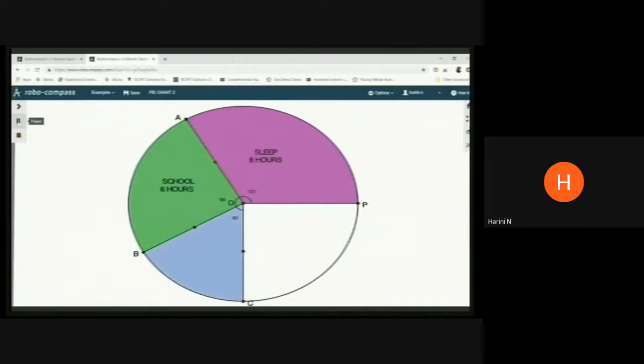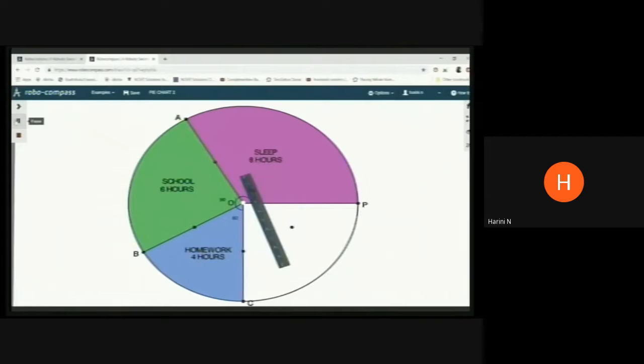Once the sector is ready, the coloring is complete and the labeling is to be done. So the homework is a smaller sector you are seeing because it is having only a fraction of 4 hours. Can you see? Proportionately, the size is reducing. The angles are also reducing because the angles are exactly that fraction of the complete angle of 360 degrees. Then the next one, which is the play hours, again it is 4 hours, so you will get exactly the same size as that of the homework. So you will have the same 60 degrees marked here.